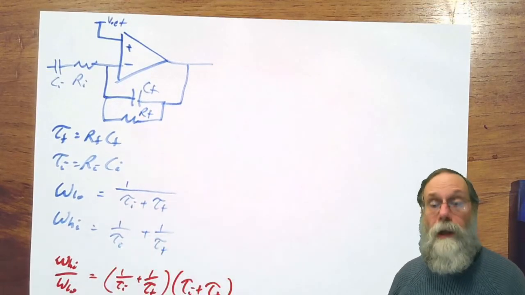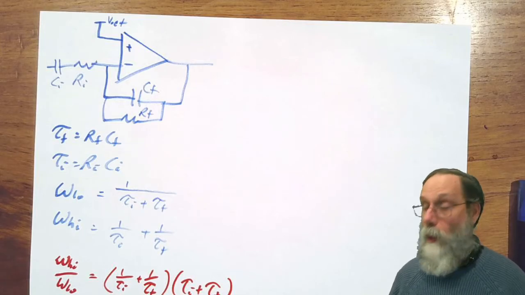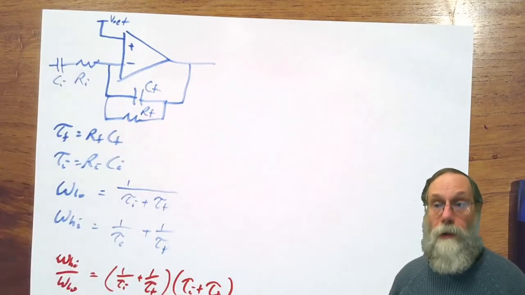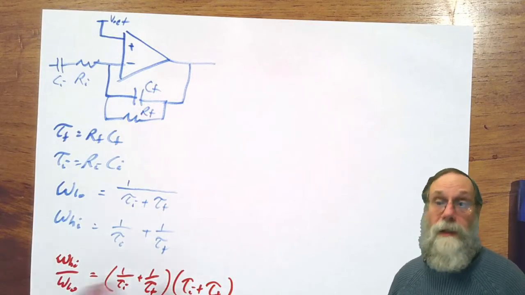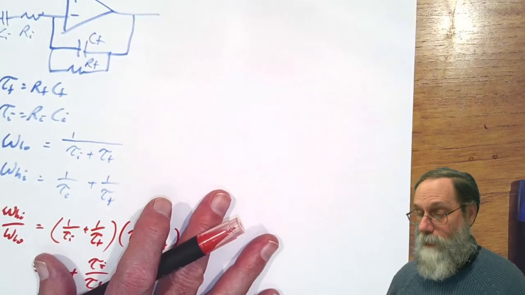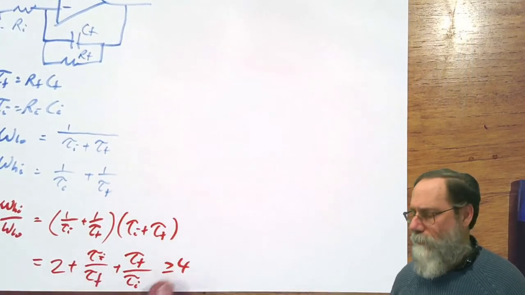That's not to say that all active bandpass filters have a wide one, just that ones designed in this simple way do. There are other designs that involve multiple feedback and stuff that can get you narrower bandwidths if you need it, but that's a little bit beyond the scope of what we'll be doing in this class.